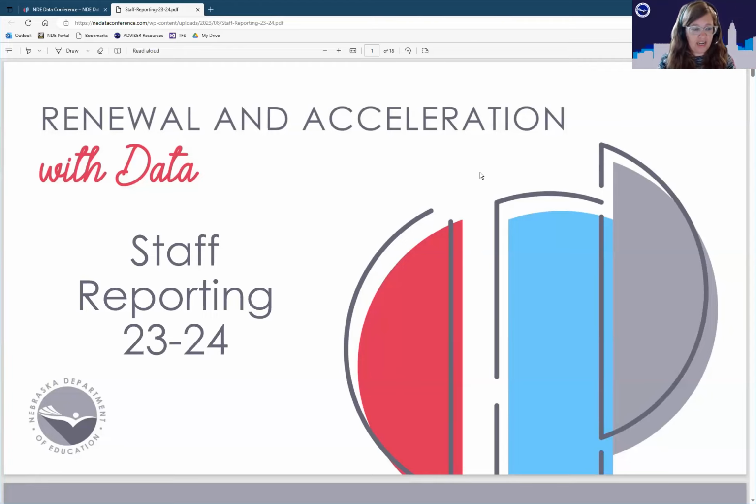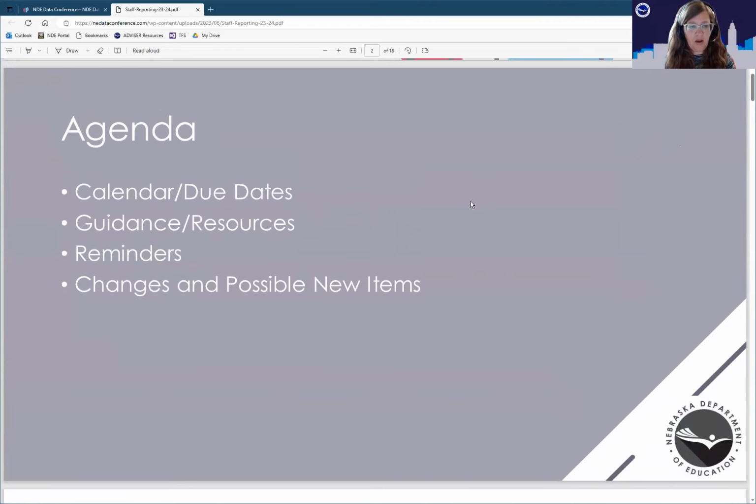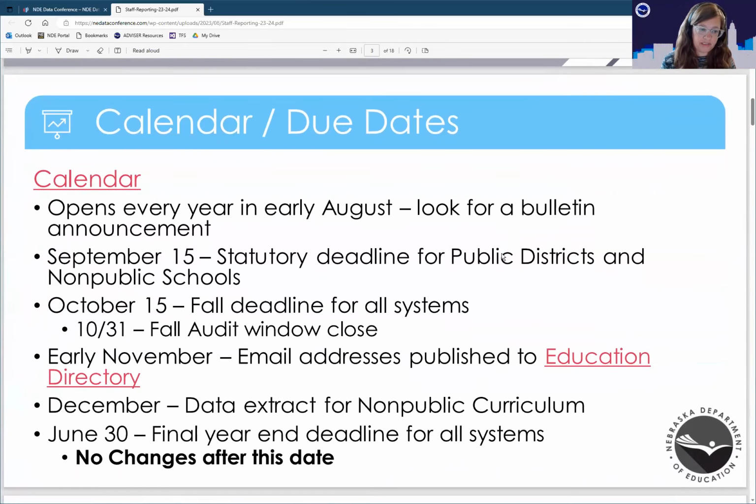What I'll talk through is calendar due dates, different resources, general guidance, a few reminders from learnings from last year when we had some new stuff, and then discussing one tiny little change, and then possibly some new items to come in the middle of the year based on what is going to work best for the schools and districts. So let's dig into the calendar and due dates first.